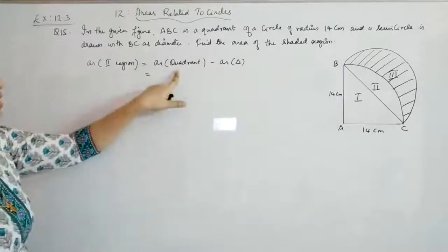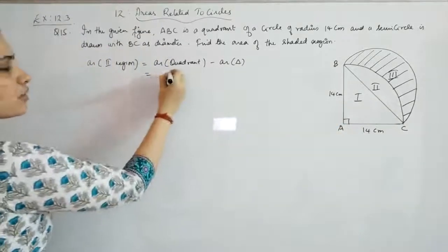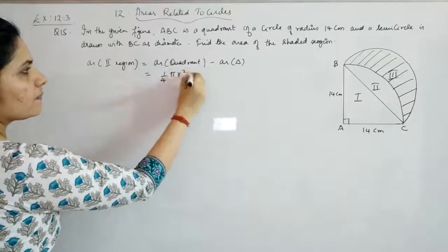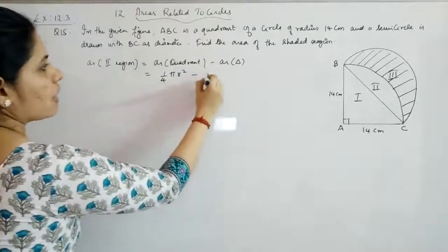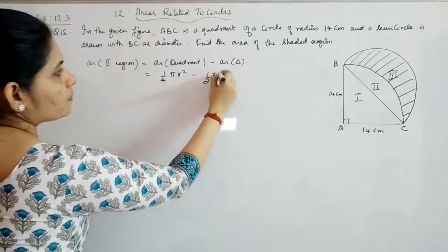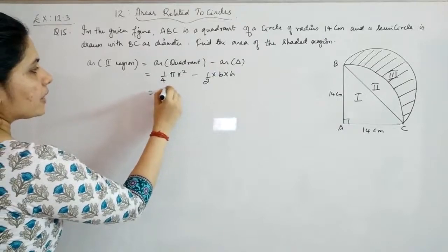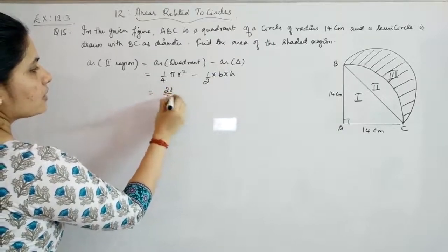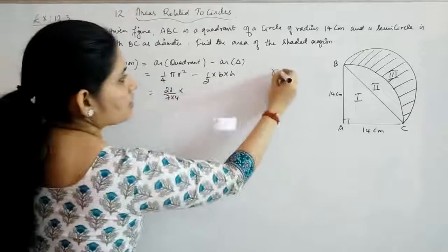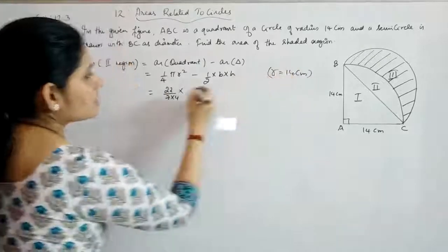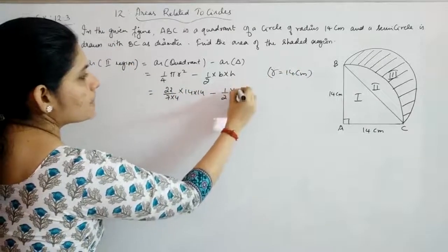Now for the quadrant, what is the formula? Again, this is quadrant, so it is 90. You can use pi r square by 4 or 1 by 4 pi r square, minus area of the triangle. Again, it is right angle triangle, so you will have half BH, half into B into H. Replacing the value, you will get pi is taken as 22 by 7. Here you have a 4 also, and R is, what is given as R? R is 14 centimeter.